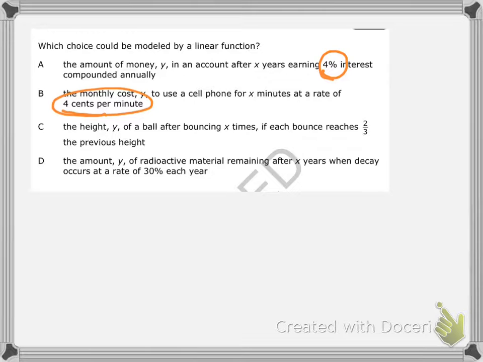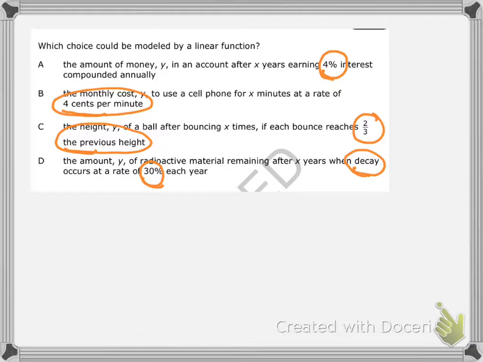C, the height Y of a ball after bouncing X times if each bounce reaches 2/3 of its previous height. D, the amount Y of radioactive material remaining after X years when decay occurs at a rate of 30%. So, given these answer choices,